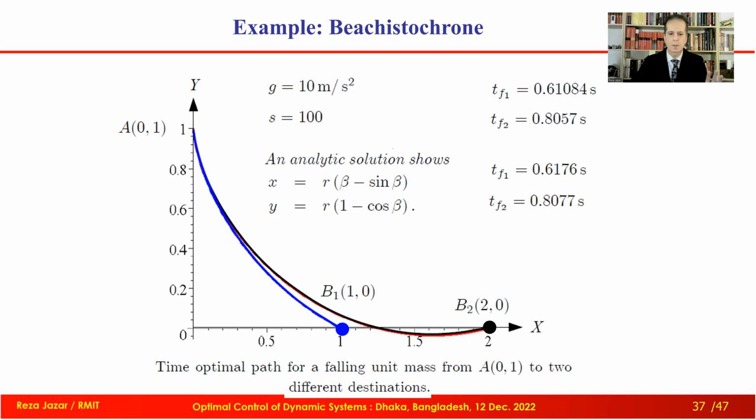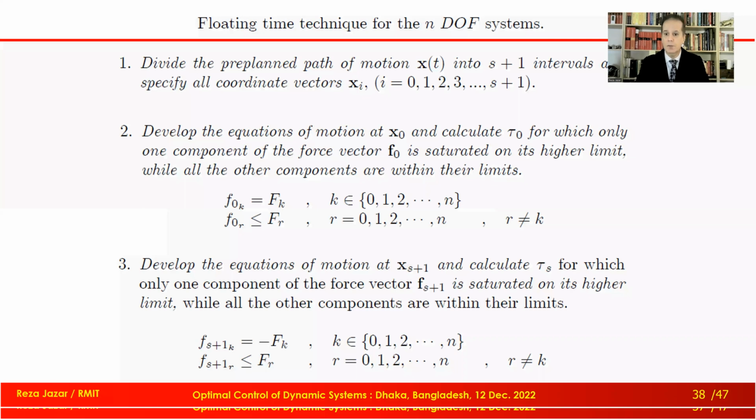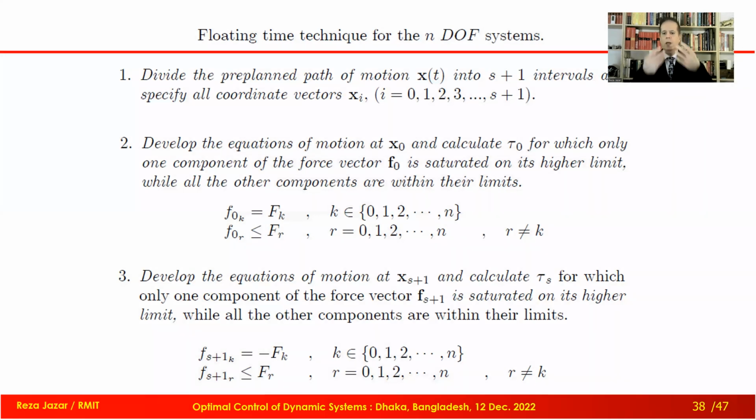This is the brachistochrone. Now, for multi-degree of freedom, we do this. I'm going to add what I said in the algorithm. Let's assume the first actuator, assume that it is a 2R robot. The first actuator is at maximum in the first increment. So I found tau1 for Q1 or M1, whatever the name of this motor is. Let's say moment 1 is saturated.